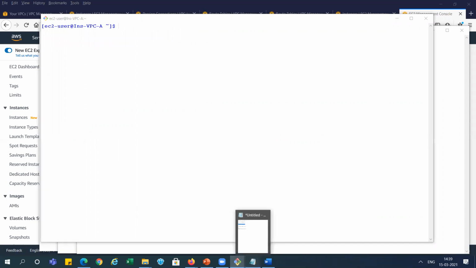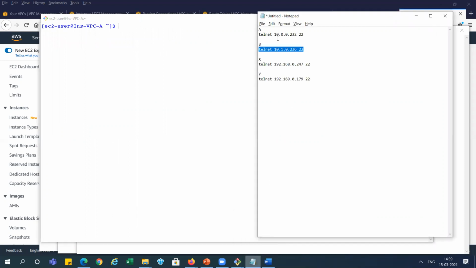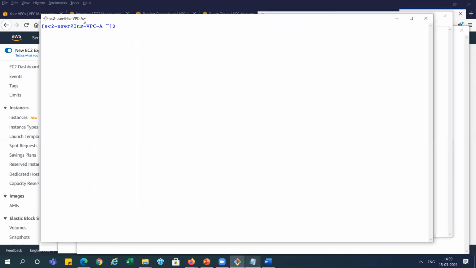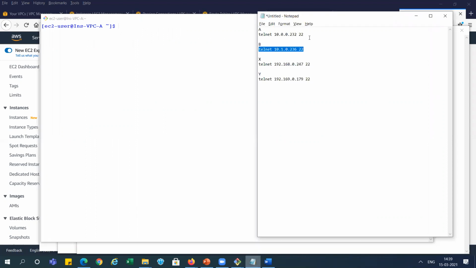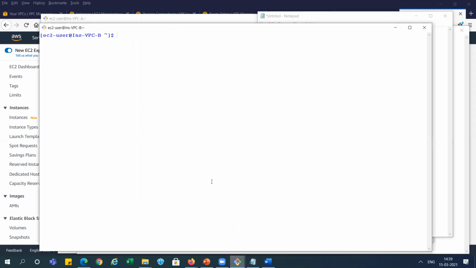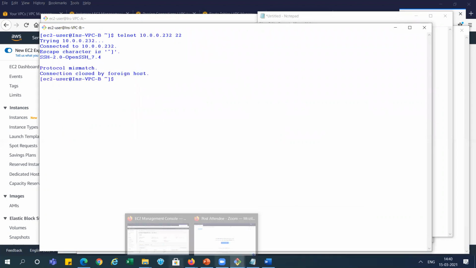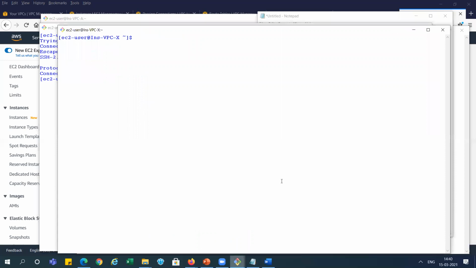Now we have already created this IP address. From A, where we currently are, we will take this IP and ping the other three. Here we can check from B also. We can see it is working. Ports are open, right? And check from another region, telnet to the private IP.